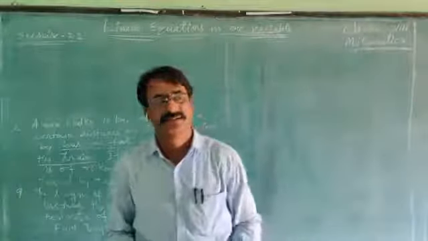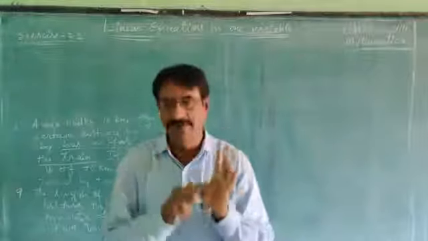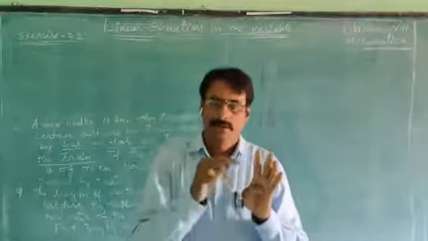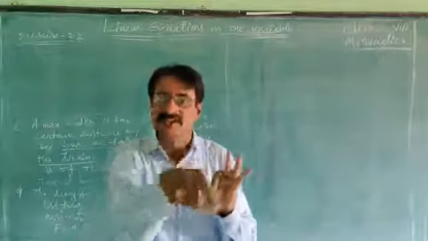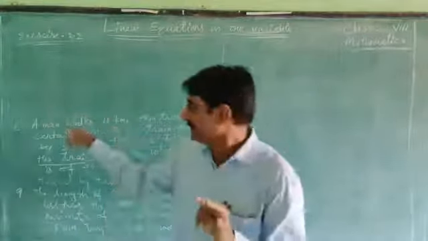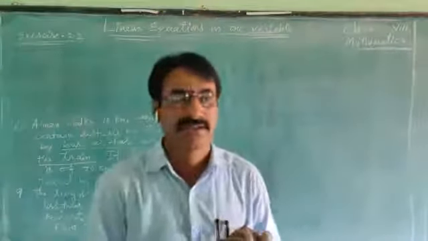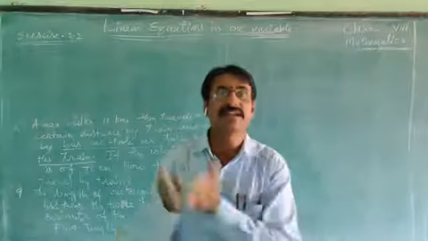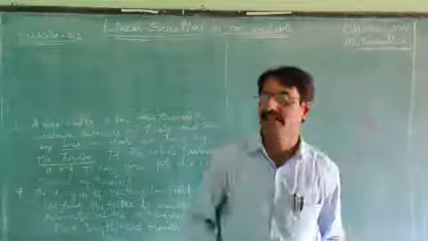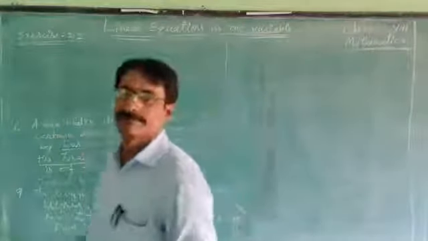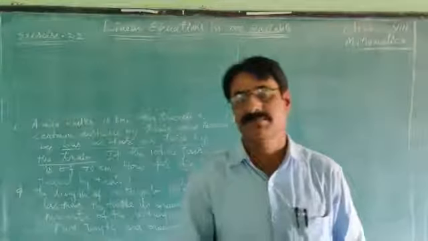2x kilometers. We know the distance traveled by train, x kilometers. From this, we got the distance traveled by bus, 2x kilometers. And the third one, walking distance, 10 kilometers. Sum of these three. That means x plus 2x plus 10 equal to 70. Do you understand? It is a simple analysis.